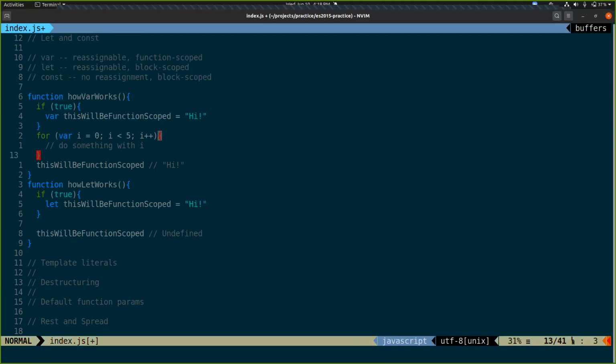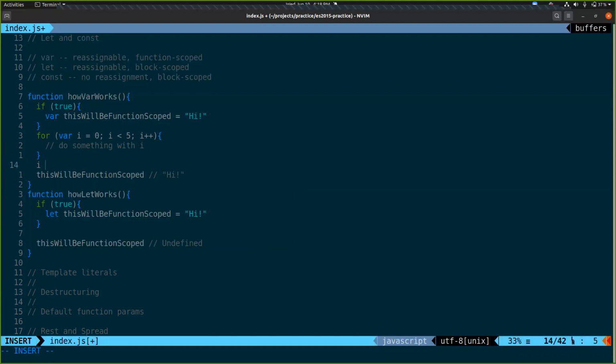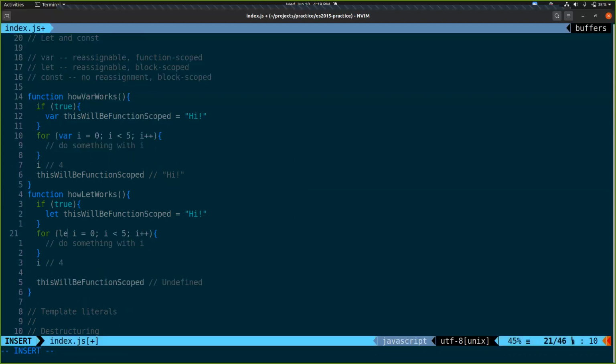The problem is that the variable still exists outside of that for loop, even though it kind of doesn't look like it should. With let, it doesn't escape the loop.